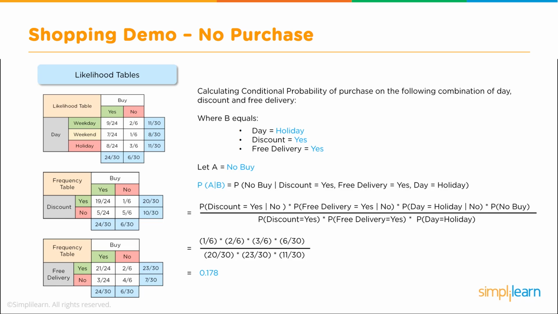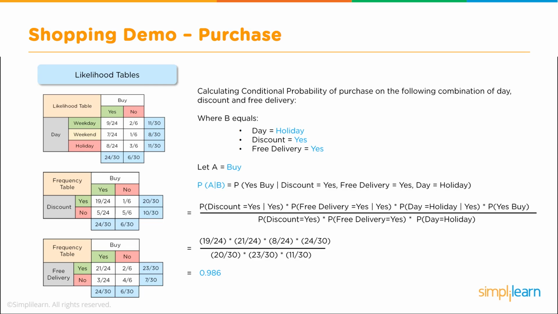So in our probability math, we have a 0.178 if it's a no buy for a holiday, a discount, and a free delivery. Let's turn that around and see what that looks like if we have a purchase. I promise this is the last page of math before we dig into the Python script. So here we're calculating the probability of the purchase using the same math we did to find out if they didn't buy. Now we want to know if they did buy. And again, we're going to go by the day equals a holiday, discount equals yes, free delivery equals yes, and